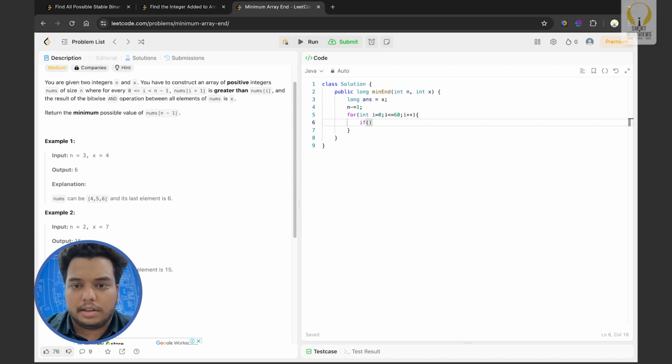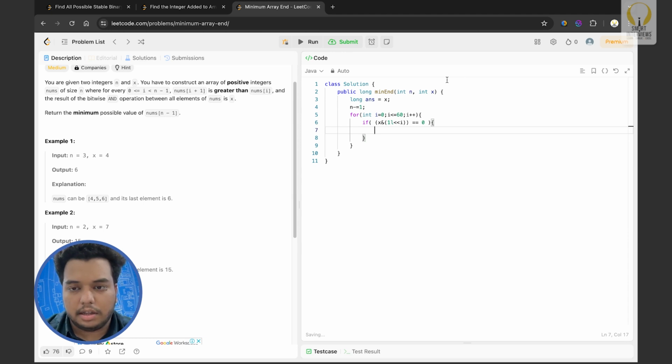If the ith place is set in x, I will just ignore it. But if it is not set, let's say if it is something like x and 1 left shift of i, if it is not set,